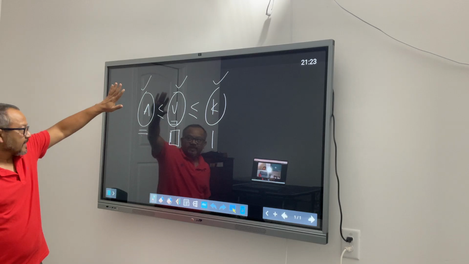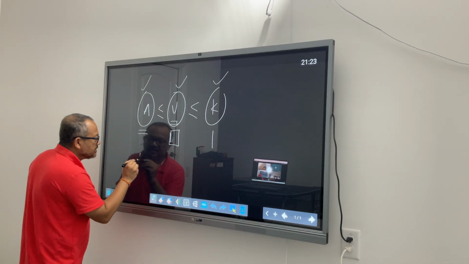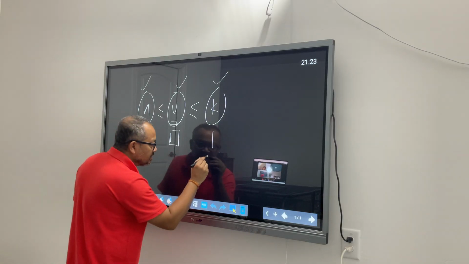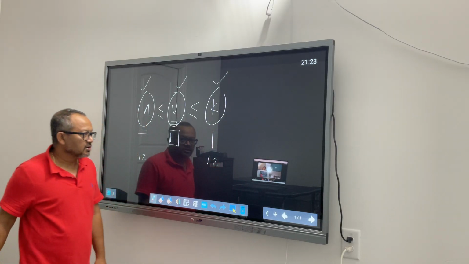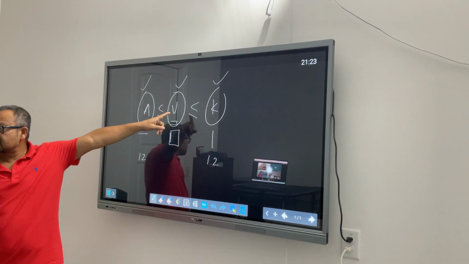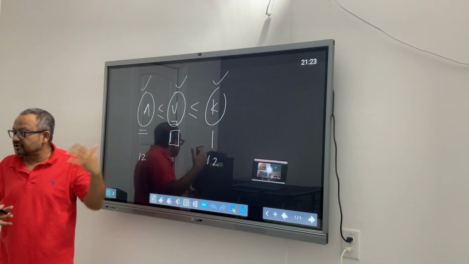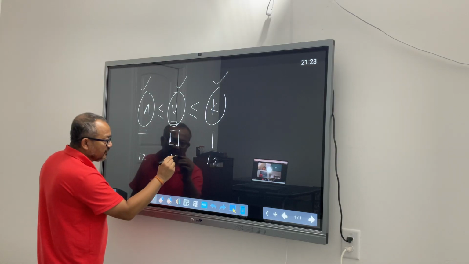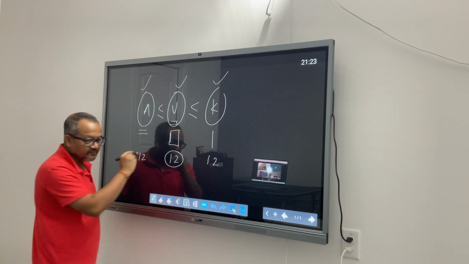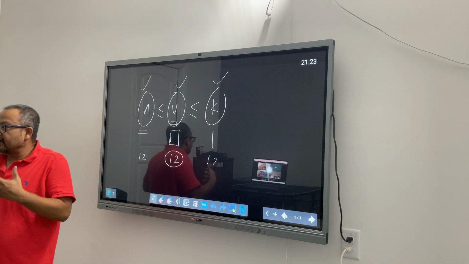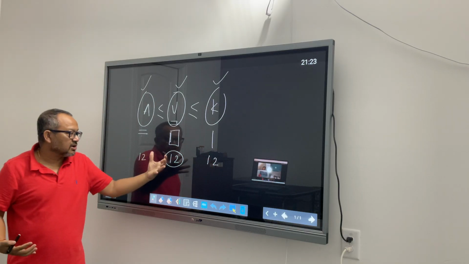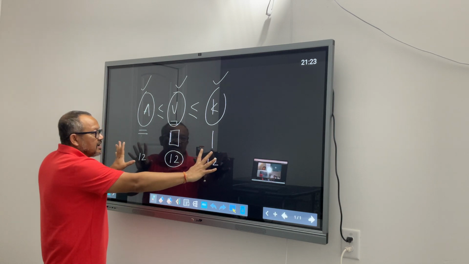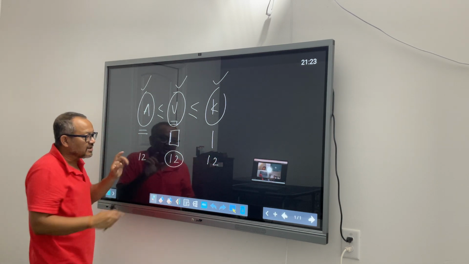So if I say Ananya is 12 years old, and I am saying Chris is also 12 years old, going by this definition or this proposition that you see right now, you have no other choice but Vedanshi will be 12 years old as well. This is where the outcome of this function, or the limit of this function, is dictated by the limit of the function that is squeezing this one.